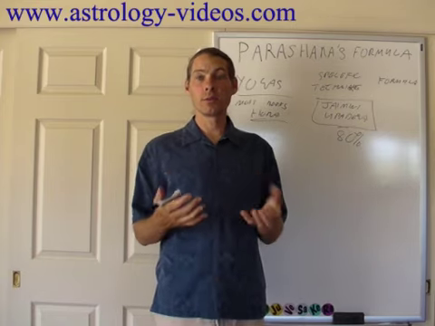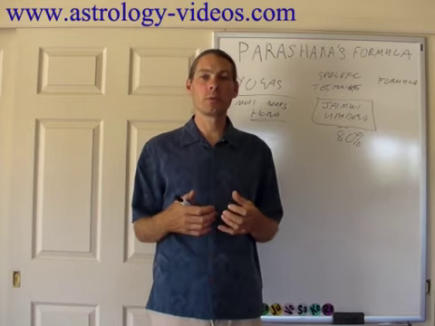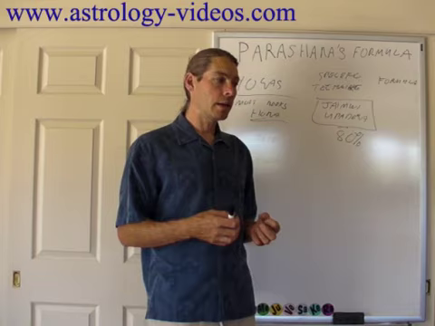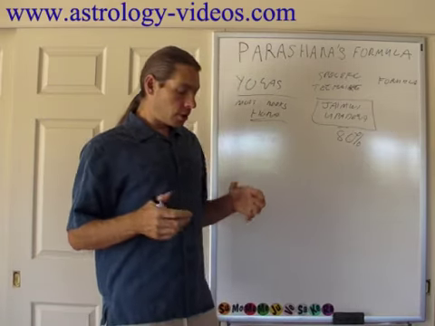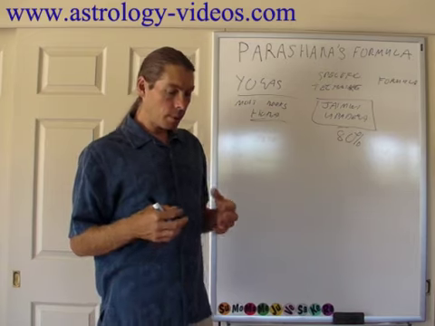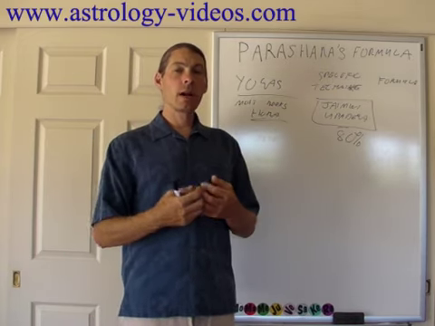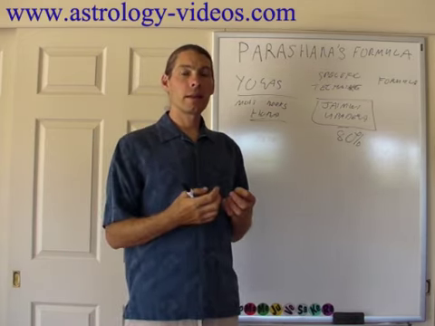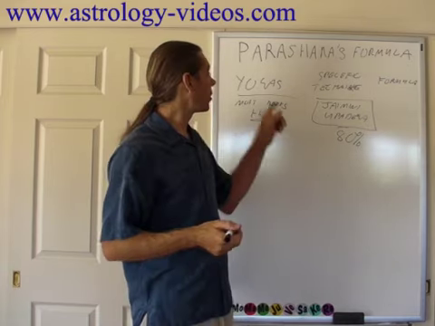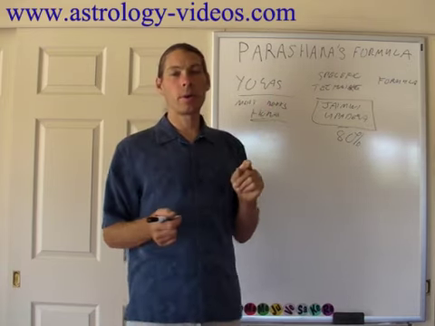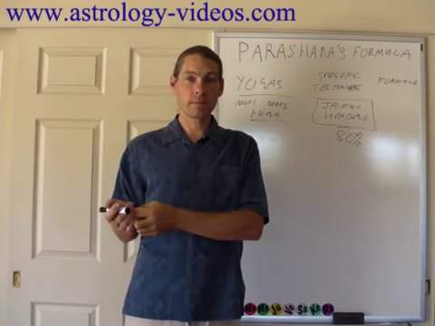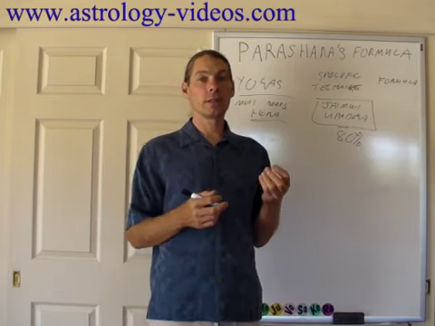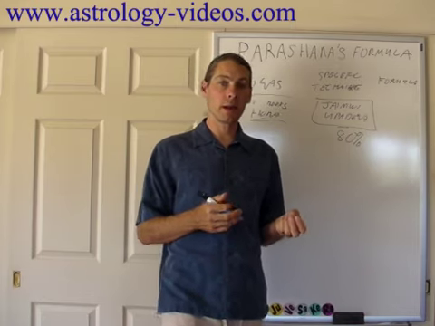Sri Yukteswar was Paramahansa Yogananda's guru, who was known in India not as a guru, but as an astrologer. He was really respected as an astrologer in his area, more so than as a guru. But Sri Yukteswar complained that people are not doing scientific techniques of astrology. They're just memorizing yogas, as many as they can remember. And when they see the yogas in the chart, they can make a prediction. But they're not really learning to do astrology in a scientific way, the way it's meant to be done.